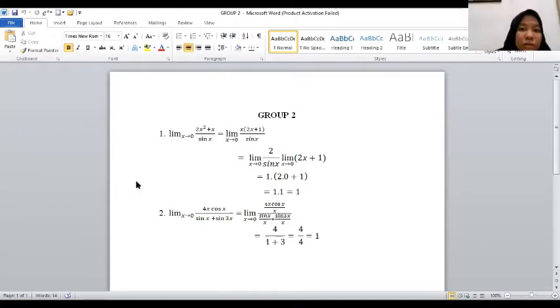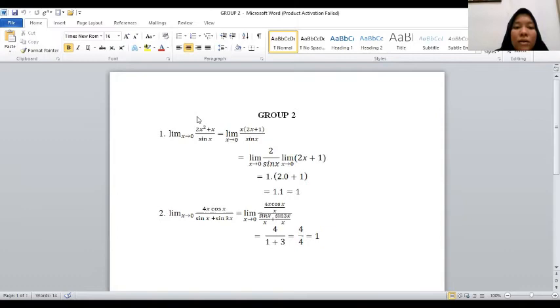I am Manisa from Group 2. I will explain about the question. First is limit x to 0 of x squared plus x divided by sin x equal limit x to 0 of x times 2x plus 1 divided by sin x is equal to limit x to 0 of 2 divided by sin x times limit x to 0 of 2x plus 1 equal 1 times 2 times 0 plus 1 equal 1